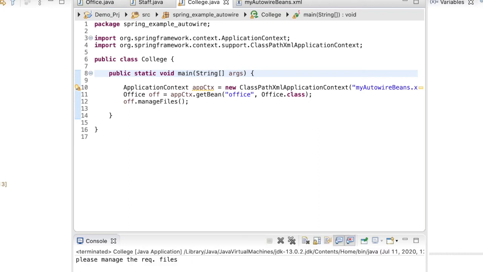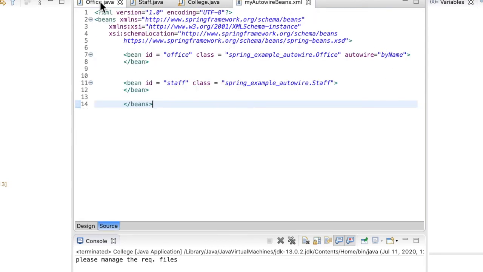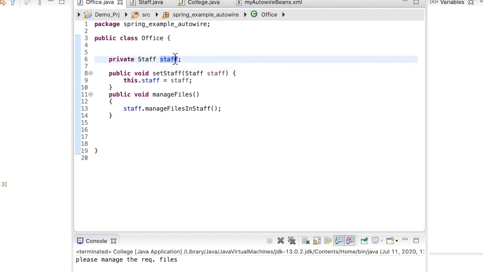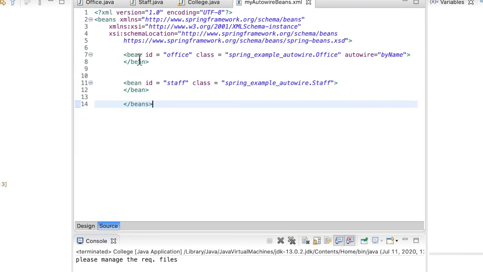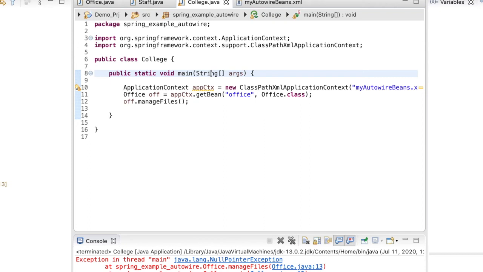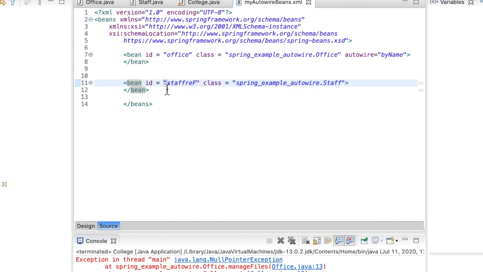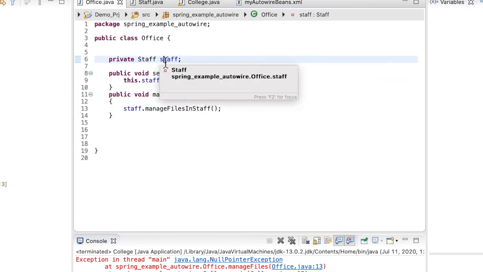It's working. How is it working? Because Spring is checking the dependencies which have the same name here, like staff reference, you have this name, Spring is searching in the application context file if it has any dependency with the same id name, and it is trying to attach it. If I make it Spring reference, it will not work. Let's see this here. It's not working, right? You are getting the null pointer exception. Why? Because Spring is not able to find the dependency. It's not able to do the auto wiring. So you need to make it the same name as your reference name. These two names must be the same.